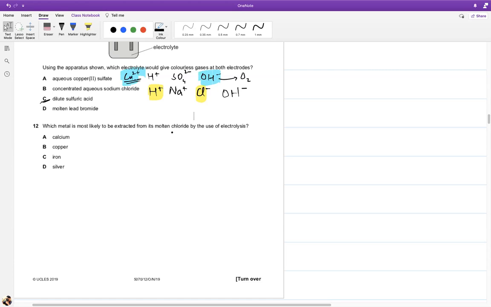Carbon can act as a reducing agent और iron मिल जाएगा मुझे. Much cheaper than electrolysis. Remember, electrolysis is an expensive process. We avoid it unless we don't have an option. So anything that is very reactive, उसको break down करने का हमारे पास कोई तरीका नहीं है. So clearly, this answer should be calcium. Silver, iron, and copper can all be extracted through cheaper methods. So that is why the most likely one is electrolysis for calcium, because calcium is very reactive.